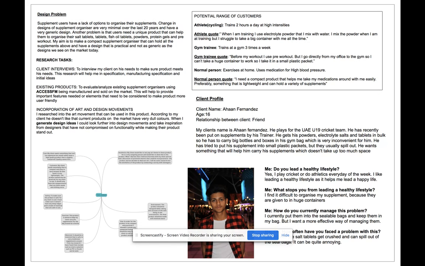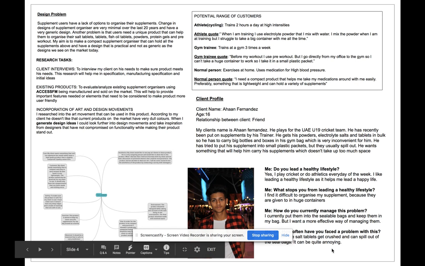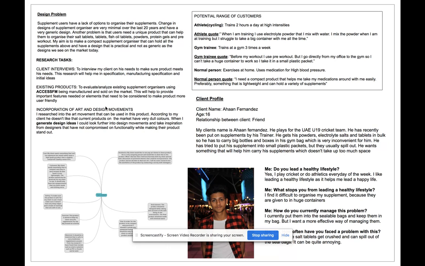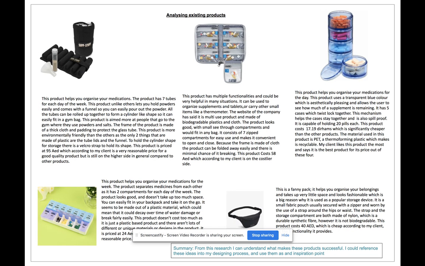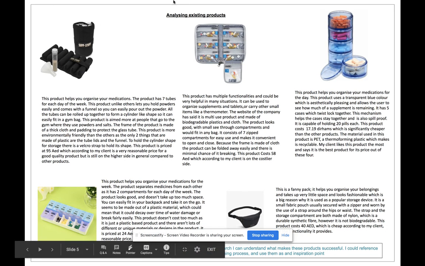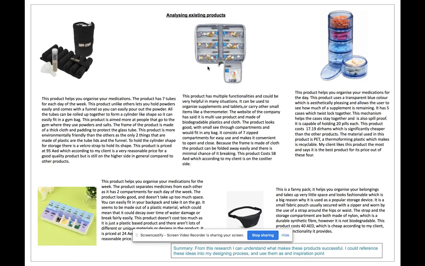Then outline your design problem, briefly look at the potential range of customers that you're trying to target, and briefly explain and describe your client's profile, and talk about the research tasks you're going to undertake to help you apply information towards your product. And then while analyzing existing products, look at products that are already in the market,